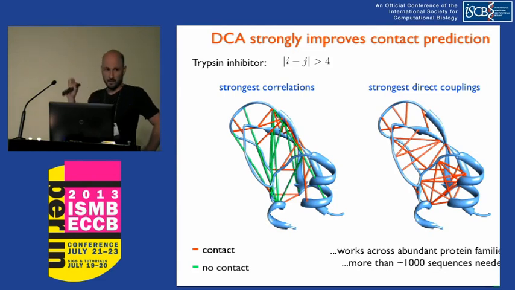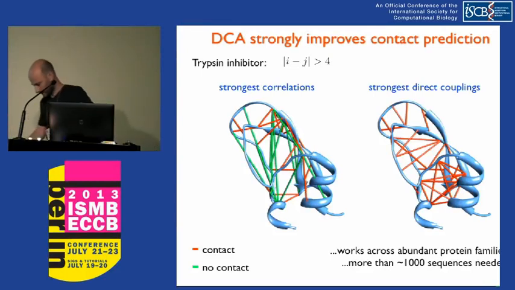But it's abundant protein families, so we need at least about 1,000 sequences. And there was always, in all talks about coevolution here, the question: why 1,000 sequences? Why do we need so many sequences? And actually,